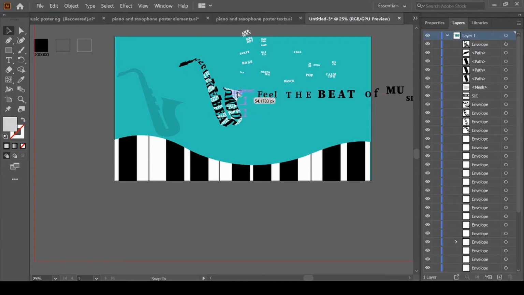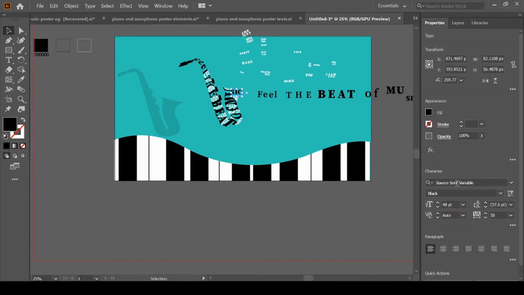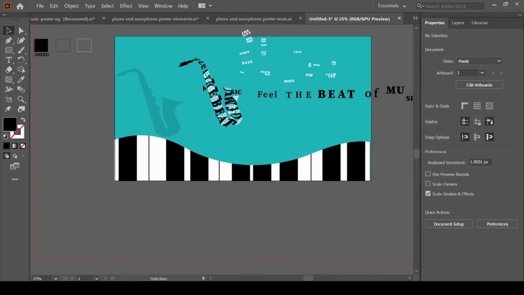Now you can see this grayish part. Just bring it over here and then press delete, and then select this text, and you can see its characteristics. Okay, just one by one you can repeat the same process and you can get all the texts.